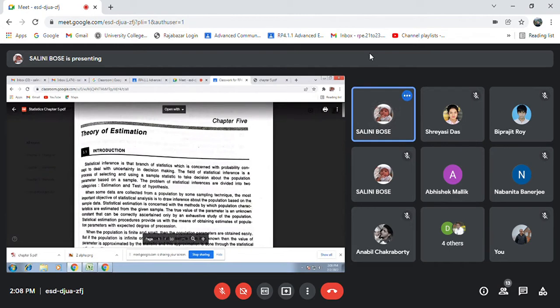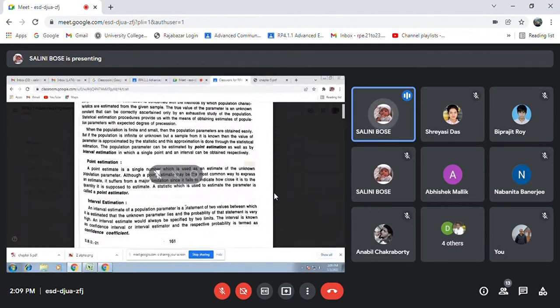So the approximation of population parameter using the sample statistics is known as the statistical estimation. Is it clear? Are you able to understand what I'm trying to say about the estimation? What is estimation? Why? How do you do? That is the basic knowledge of estimation I have given. Now